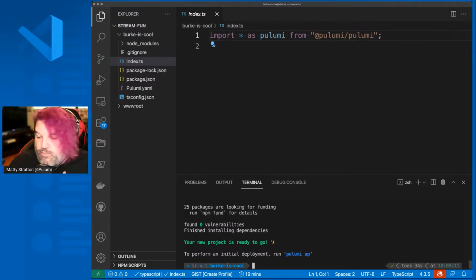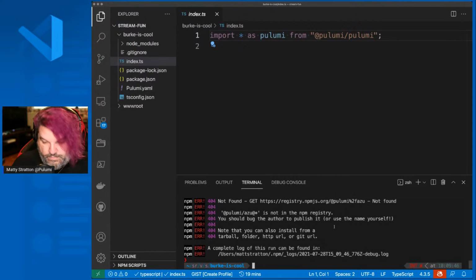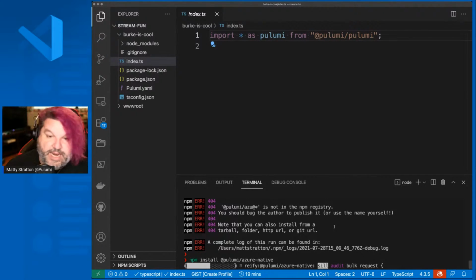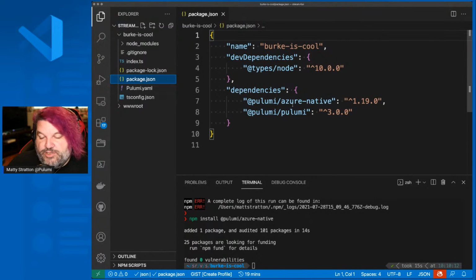So we're going to install the Pulumi Azure native. That's what I get for hitting enter too quickly. There we go, Azure native. And this is just an NPM package, so it's going to take care of that for us. Again, I could have done this the long way by putting it in the package.json, but this will get us this provider installed. And now that that's there, we can see that now we also have Azure Native.